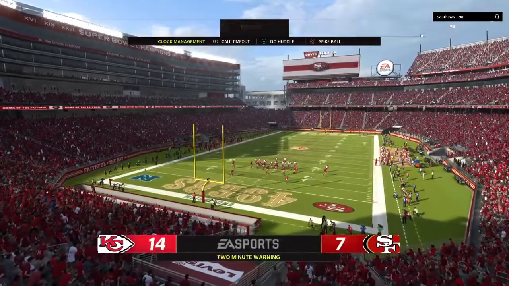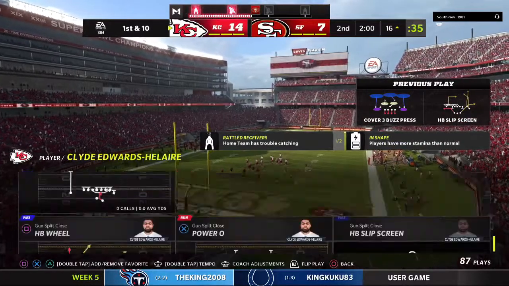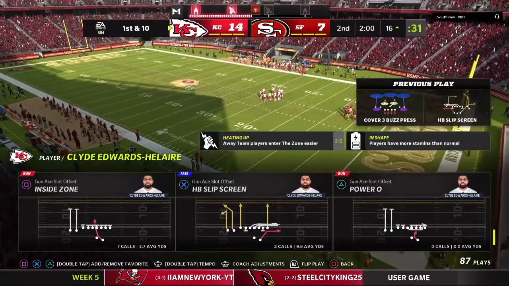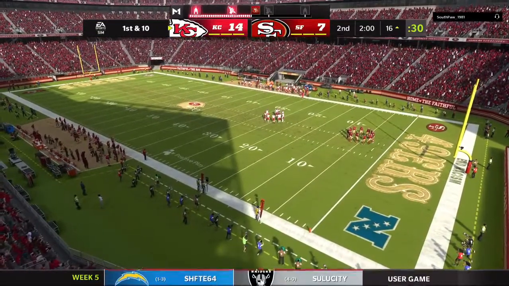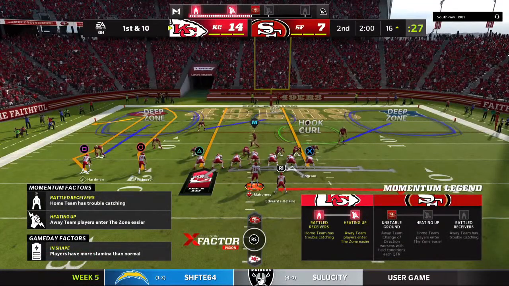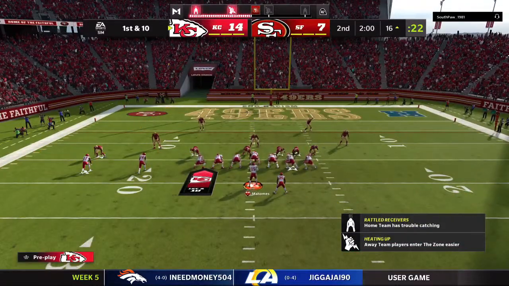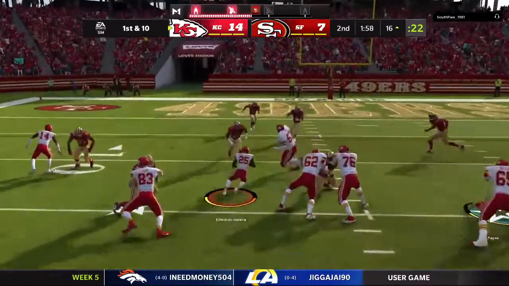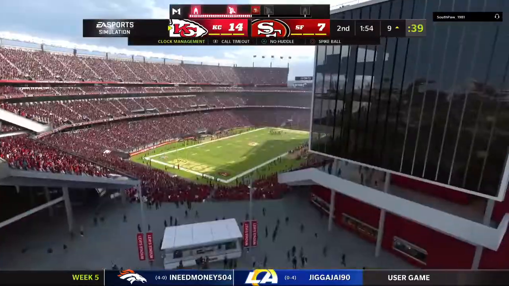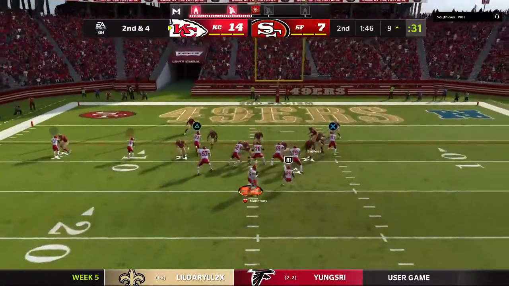We've hit the 2-minute mark of the 2nd quarter, 14-7. So the ball down to the 16 here for 1st and 10. A shotgun snap and a give to Edwards-Helaire. A tough run gets him just inside the 10 to the 9, but no further. 6 yards on that last play. Here's 2nd and